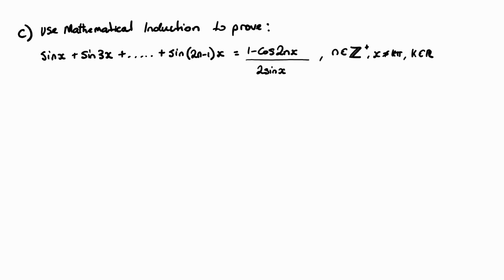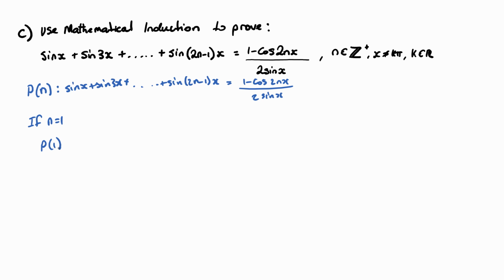Okay, so it's proof by induction, so let's start with our expression, P of n. This is our statement: sine x plus sine of 3x, and so on, plus sine of (2n minus 1)x will equal (1 minus cos 2nx) over 2 sine x. Okay, so that's our statement. So we want to start with the first positive integer. So if n equals 1,